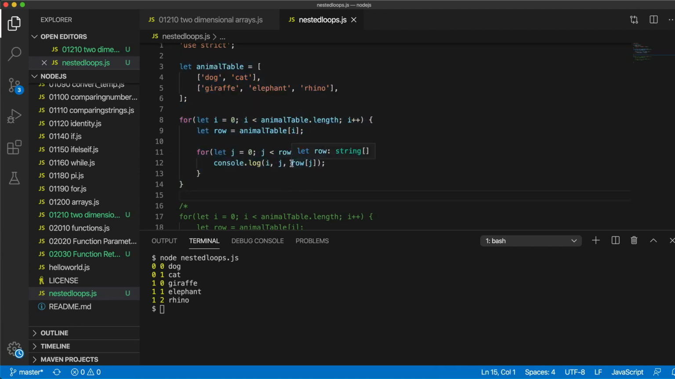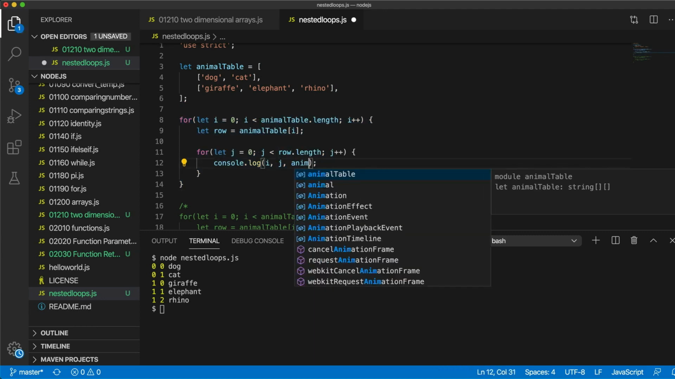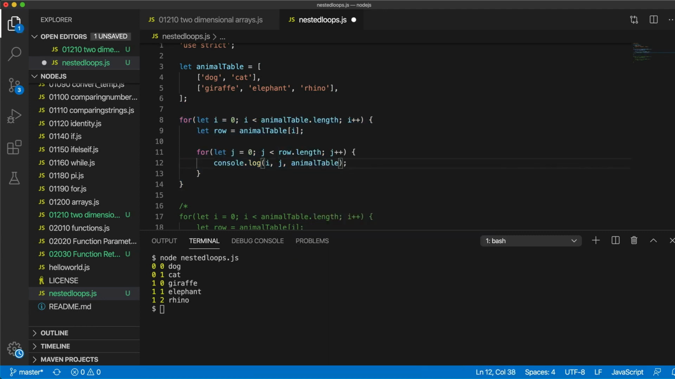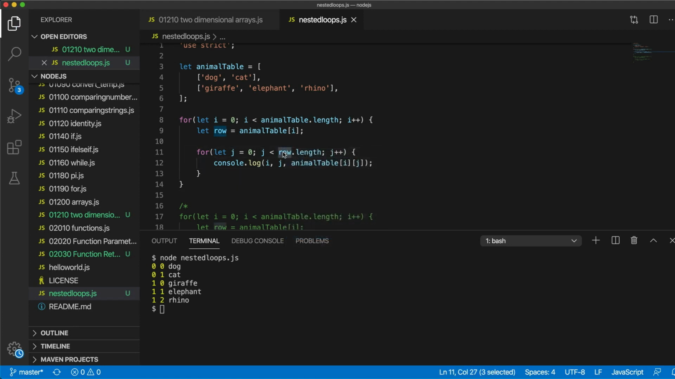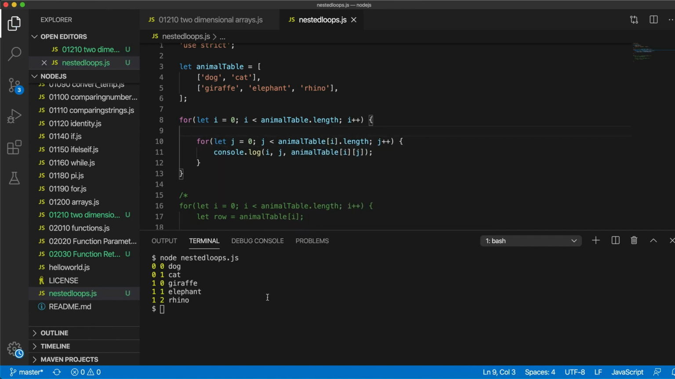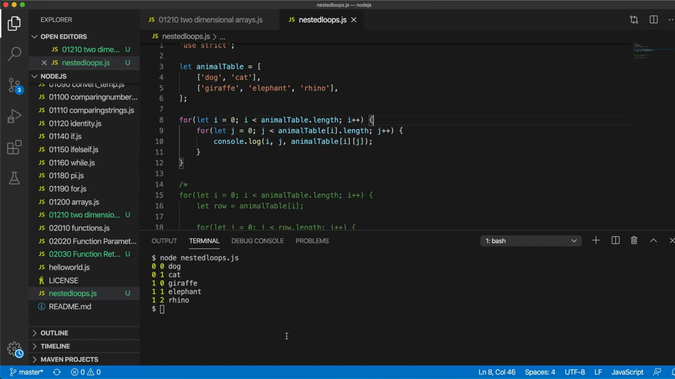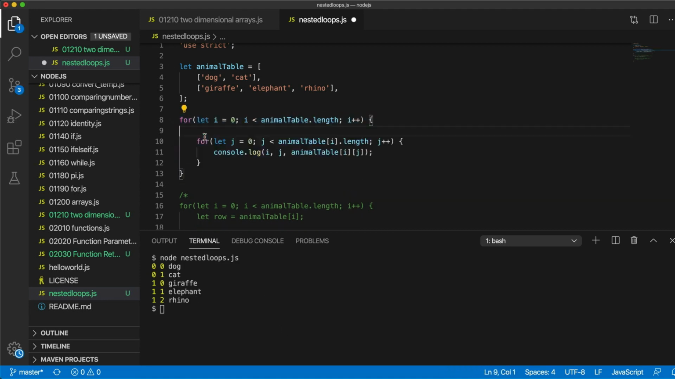Incidentally, here we could write animal table I j, and here we could write animal table I, and then we don't need this. So that's another way to do it. Let's try that. So you can see that works as well. I'm going to just copy that and then just undo,